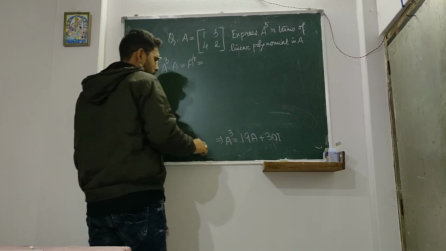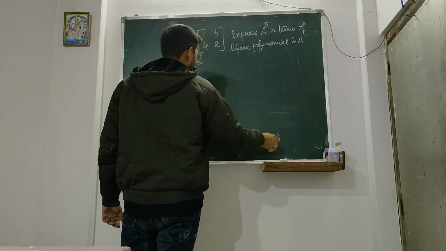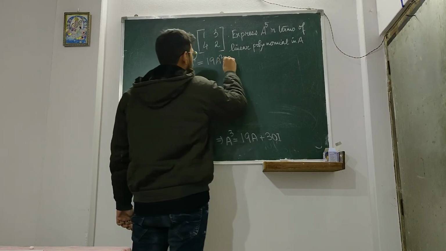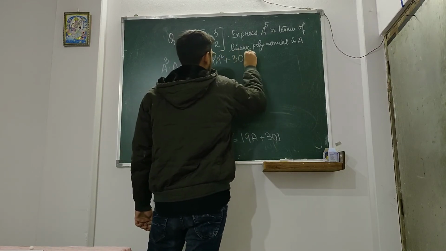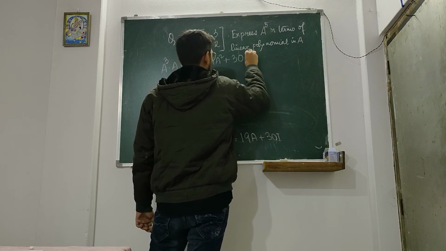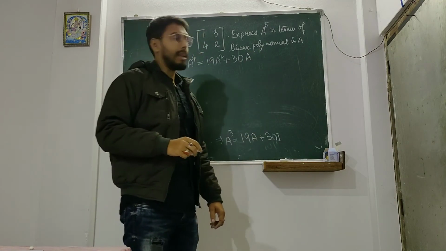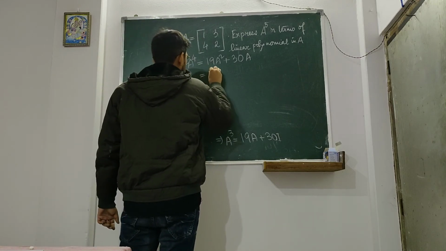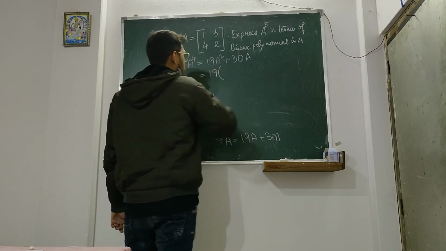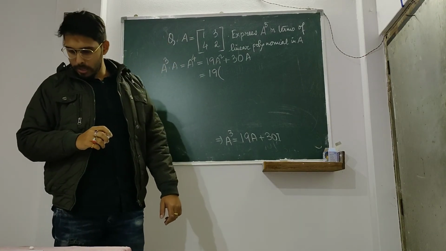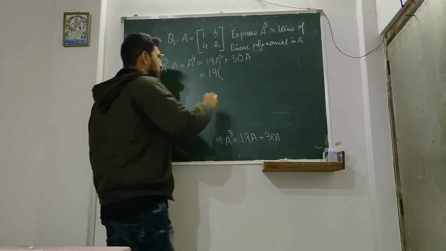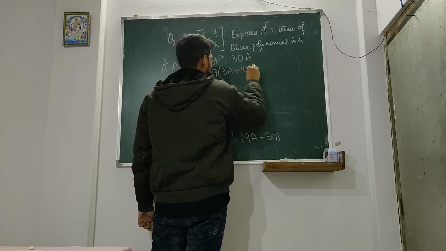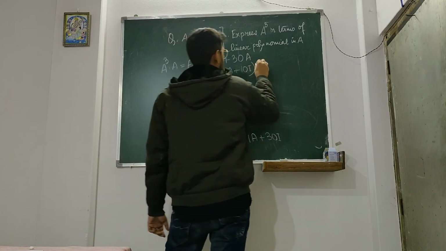So a cube was this one into a, so it will be 19a square plus 30a, because I into a is a. So 19a square plus 30a. Again, here using equation 1, we know a square is nothing but 3a plus 10I. So it will be 3a plus 10I plus